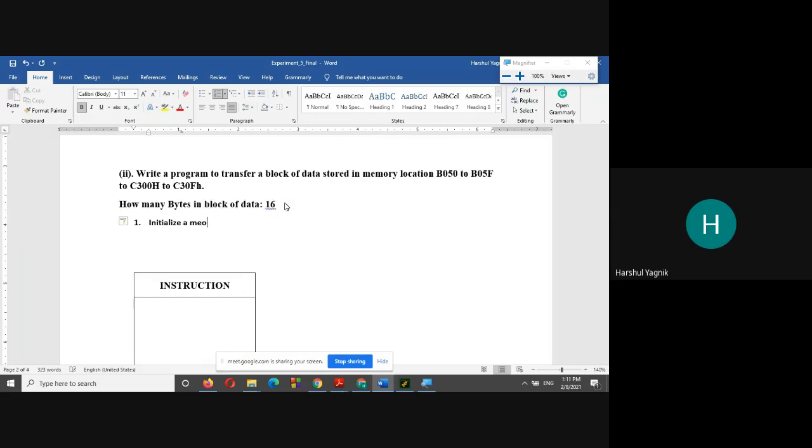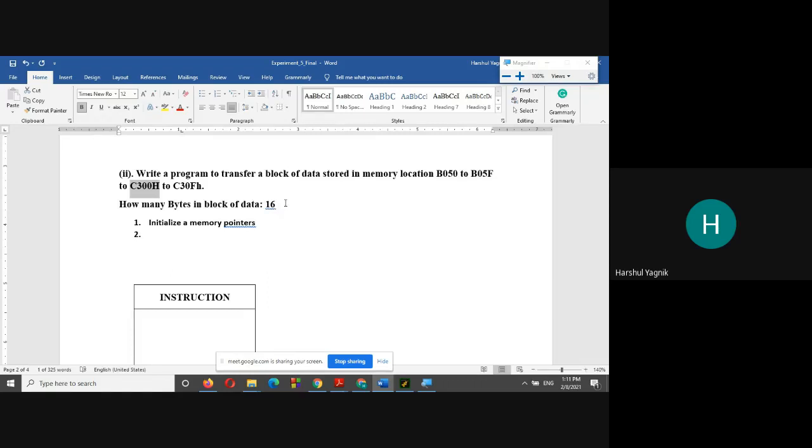Here not one memory pointer, but two memory pointers. Why? Because data needs to be read from the memory location B050, and data needs to be stored at the memory location C300.